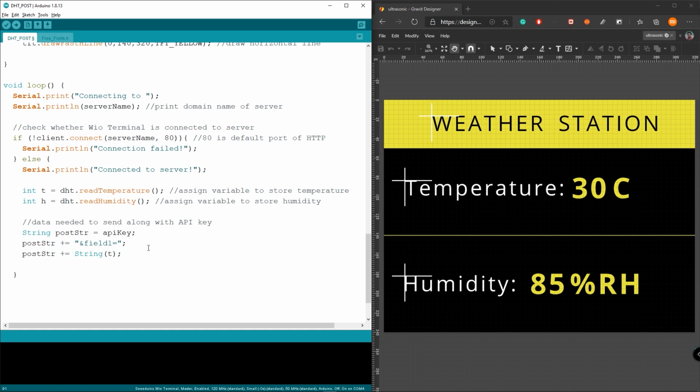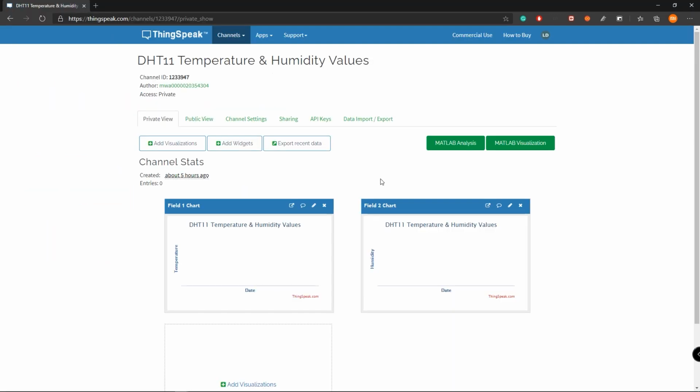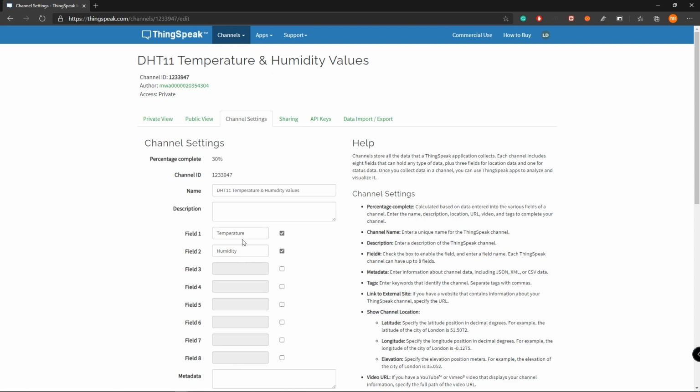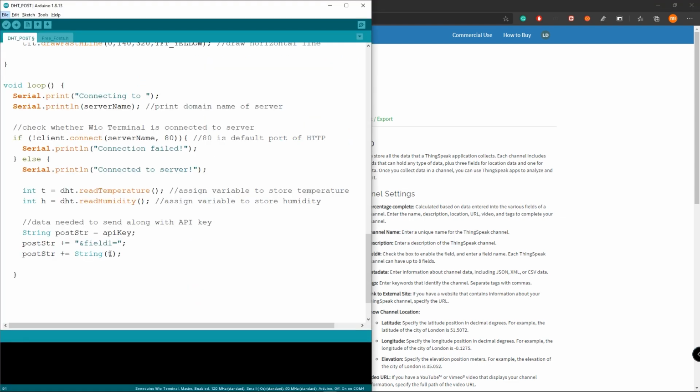After we run this, the temperature information stored in the variable t will be converted into a string, and that will be passed onto this field1. Inside ThingSpeak, this is the field 1 chart and this is the field 2 chart which we have defined here. This field 1 corresponds to the temperature values sent from the DHT11 sensor.